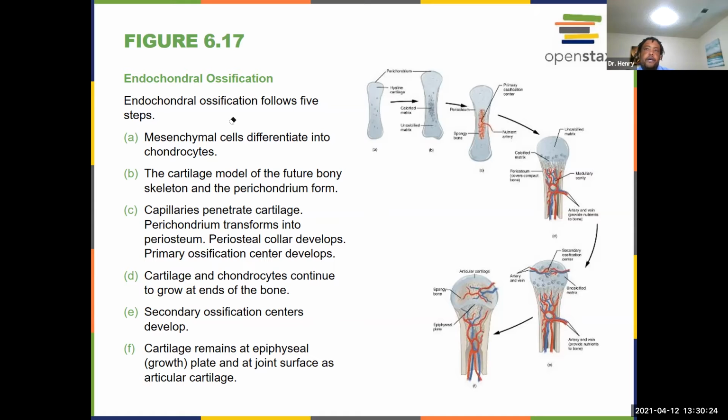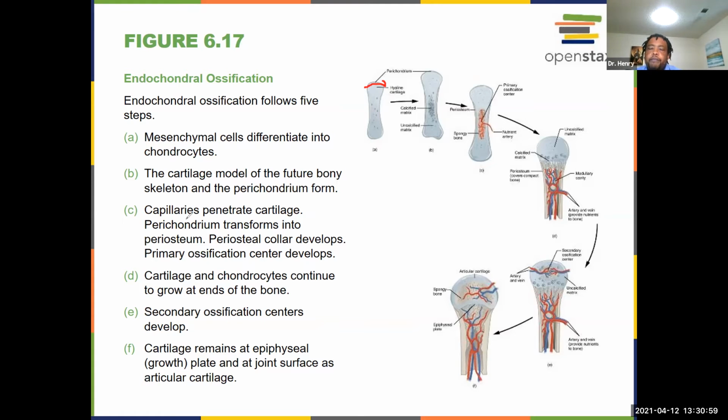the cartilage model is going to be the future part of the bony skeleton, and it's also going to be where the perichondrium forms. So can't really see, but this here is going to be your perichondrium, and so you're going to get that formation, and then